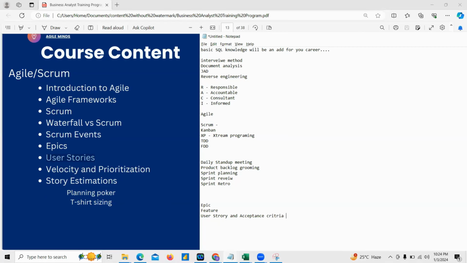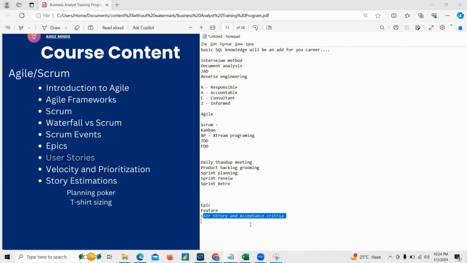In agile we write requirements in the form of user stories. We do not have documentation like BRD and FRD in the agile methodology. BRD and FRD are only for waterfall. In agile we write user stories and acceptance criteria, explaining requirements in the form of user stories.